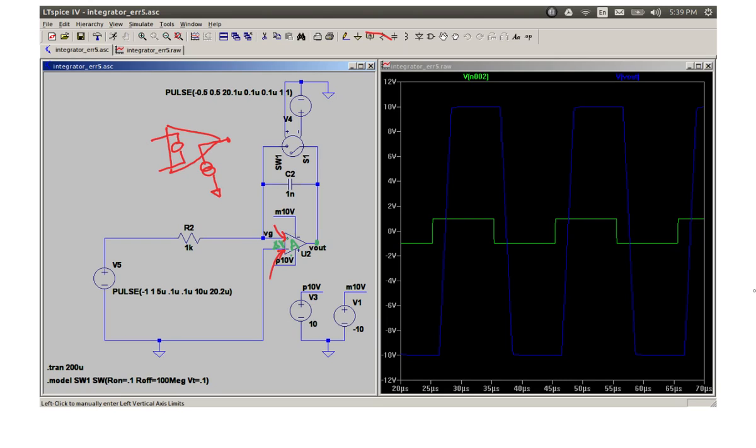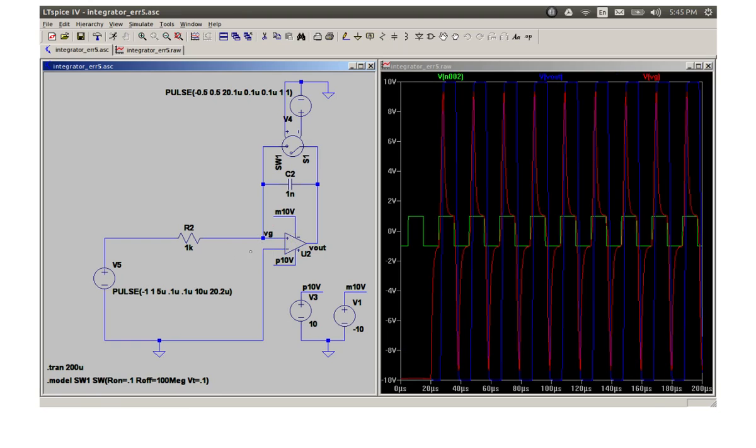So positive and negative feedback is a fairly important thing to learn, so I'll spend a video on that. But right now, if you look at it, if my input voltage initially was minus 1, so the initial voltage is minus 1 plus 1, it's moving, this is your input. But what's happened at the output is that the output is stuck at 10 volts. Now the switch is shorted out,